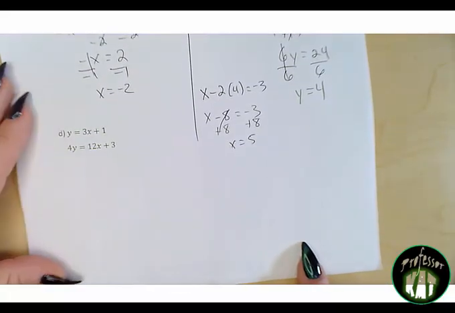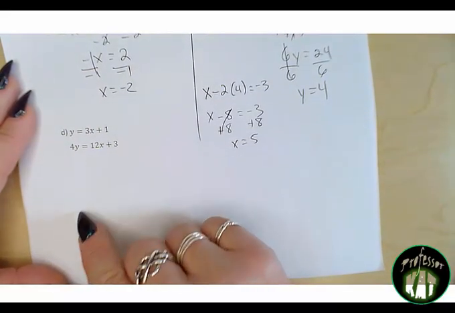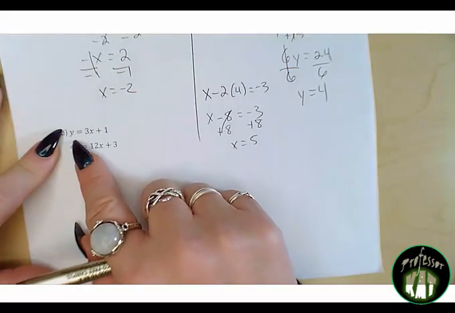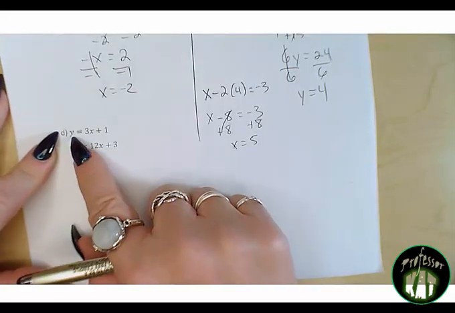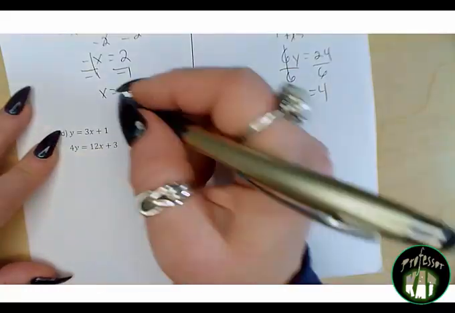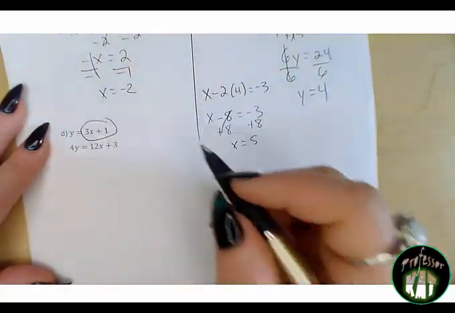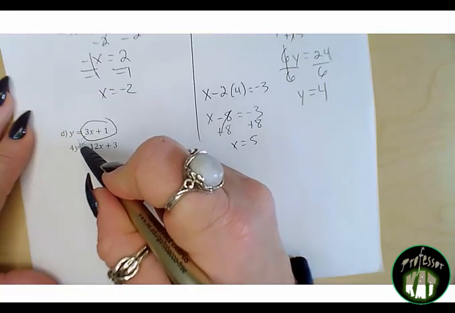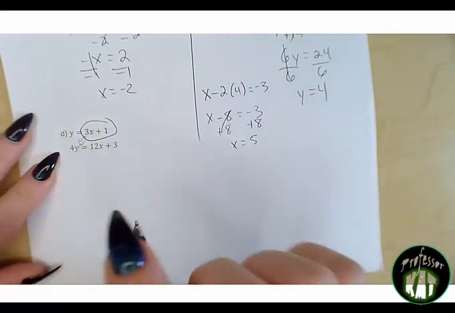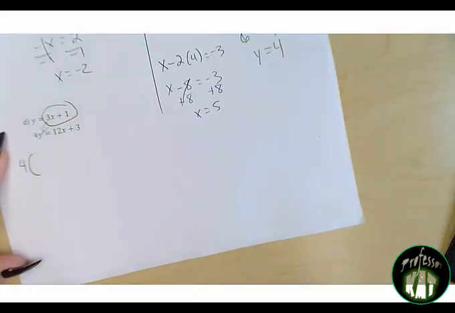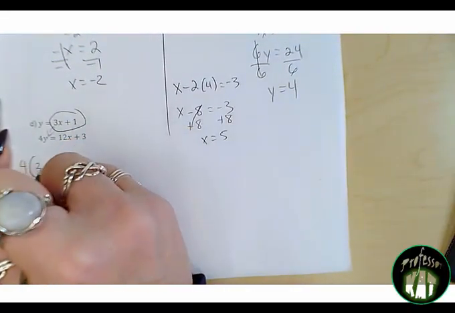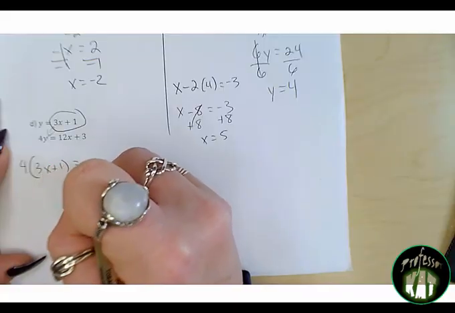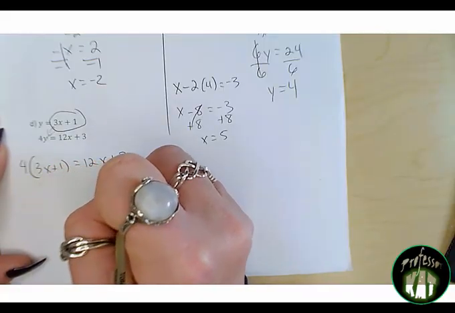Let's try one more example of this type here. If we take a look at example D, it's already solved for us here. y is equal to 3x plus 1. So since y equals 3x plus 1, we can take that 3x plus 1, plug it in directly into this y right below it. That's going to look like 4 times 3x plus 1 is equal to 12x plus